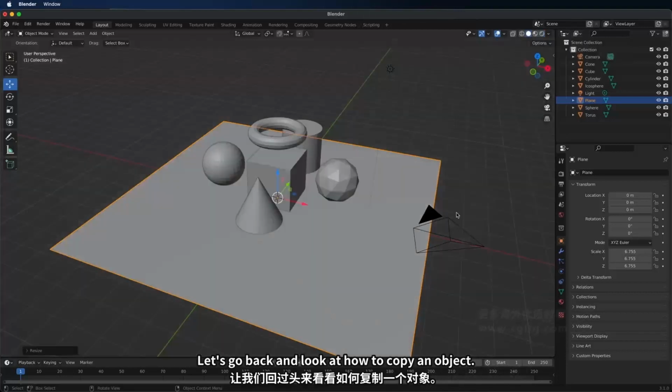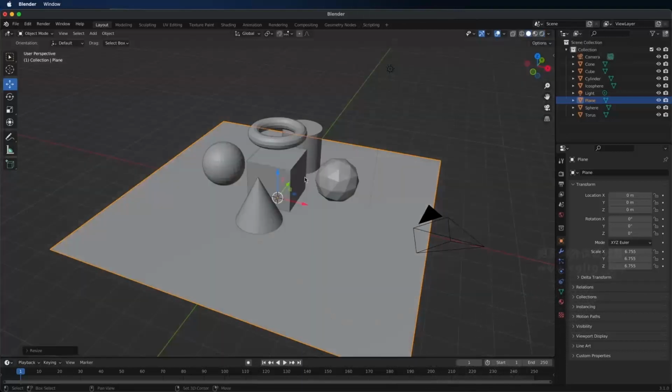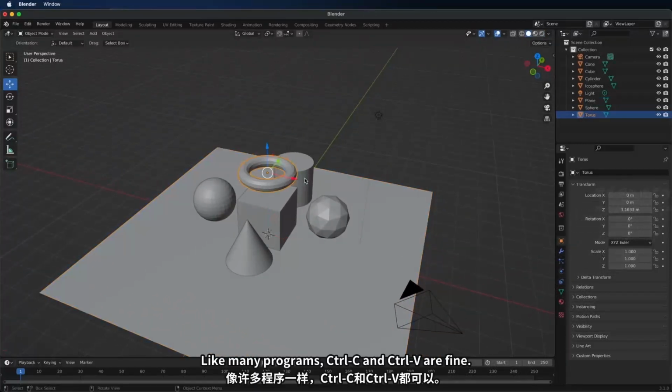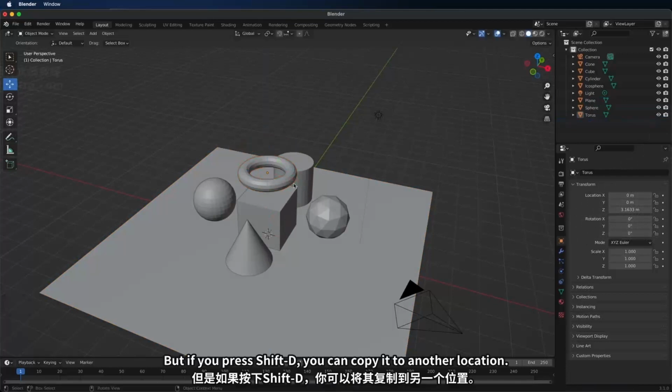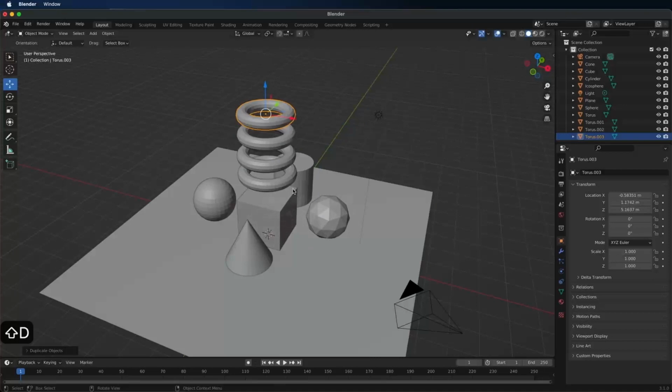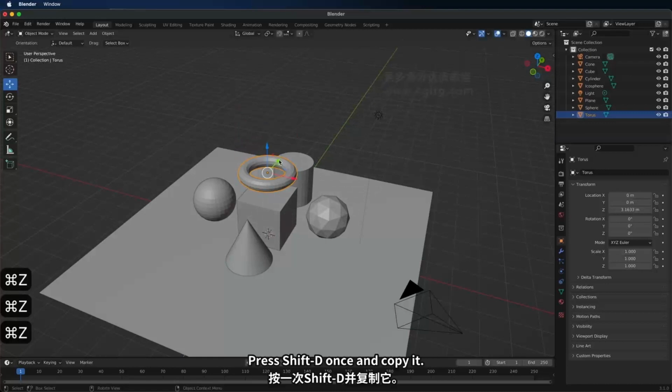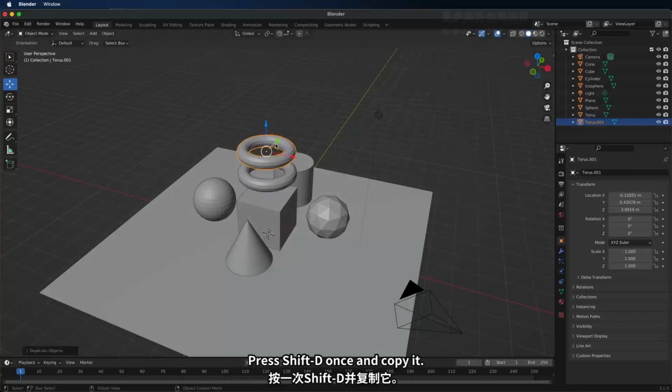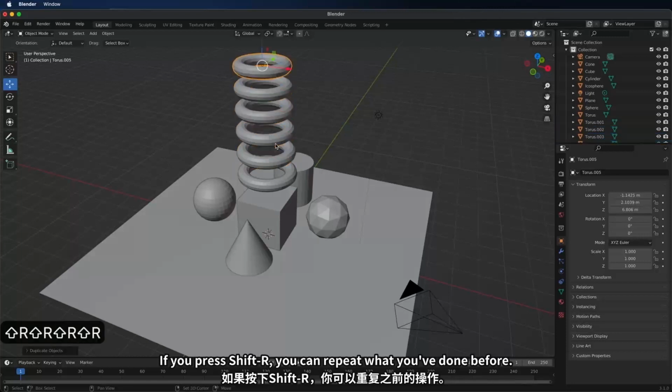Finally, let's look at how to copy an object, like in many other programs. Ctrl-C, Ctrl-V are fine too. By pressing Shift plus D, you can instantly copy and paste to a different location like this. But if you find repeating this too cumbersome, press Shift plus D once to undo, and Shift plus R to redo your actions. You can repeat it